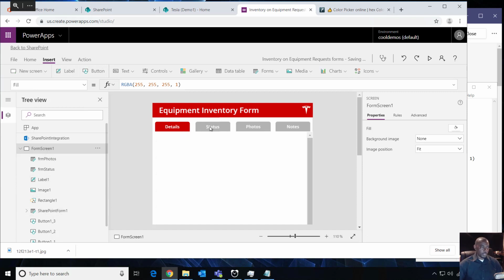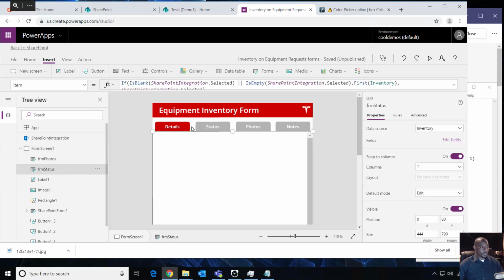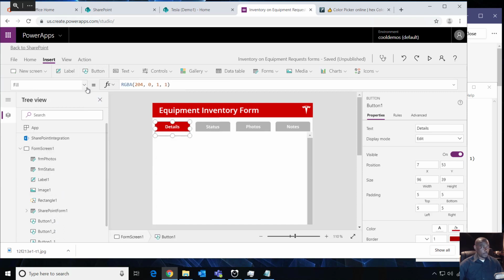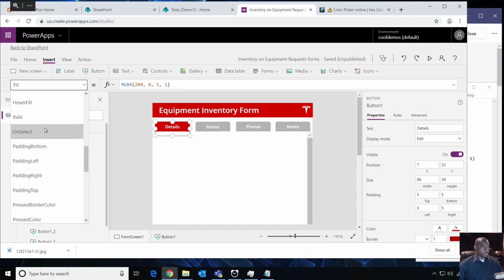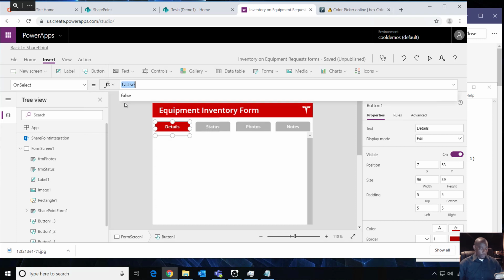So now what we want to do is leverage these buttons, these on select events, to show and hide and toggle between the actual form controls. This is a very similar pattern to what we used in the previous video, in the previous series with PowerApps, but instead of doing that with data cards, we're going to do it with the entire form control on its own. Let me just go ahead and wire these up really quickly. So if I go to this button and hit the on select property,